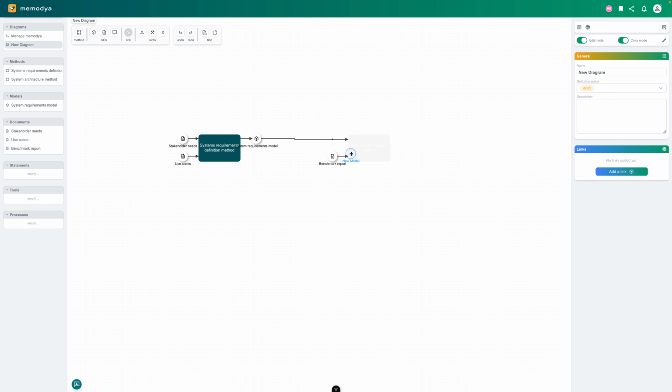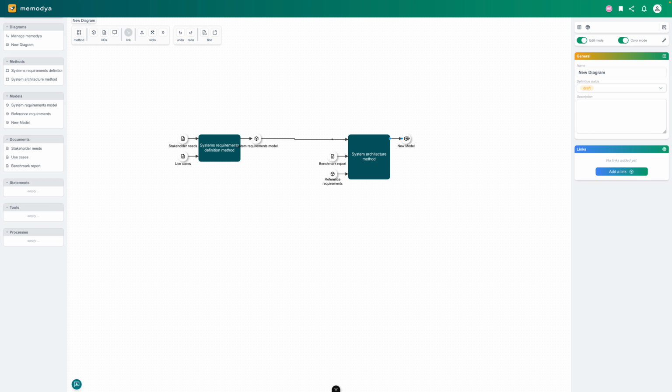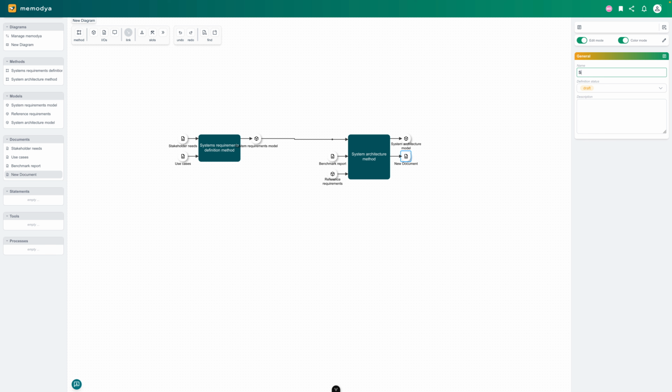So for example, let's say we have already requirements modeled from a previous project. So let's say reference requirements. And the outcome in this case is, for example, on one hand our system architecture model. And also, let's say we want a specification of the architecture in form of a document, system architecture